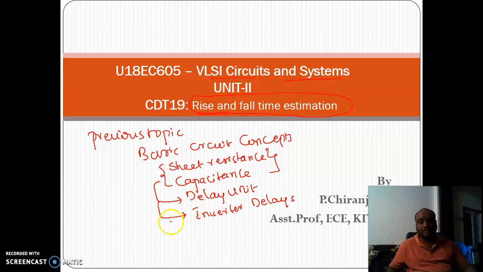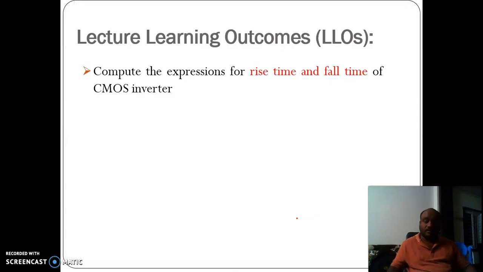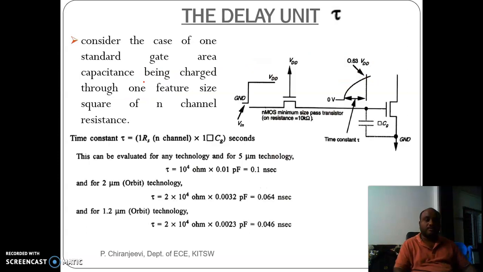Now, based on these, we are going to learn one more concept called rise time and fall time estimation of a CMOS inverter. After completion of this lecture, you will be able to compute the expressions for rise time and fall time of a CMOS inverter. Going into the details, as we learned in our previous topic, the delay unit,